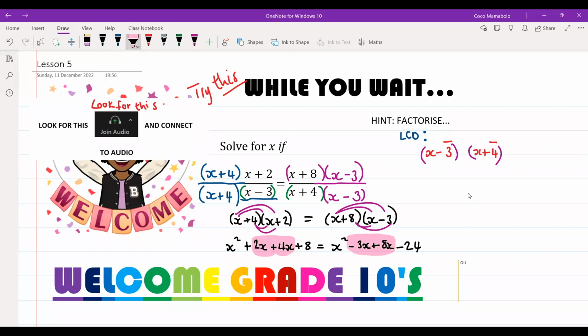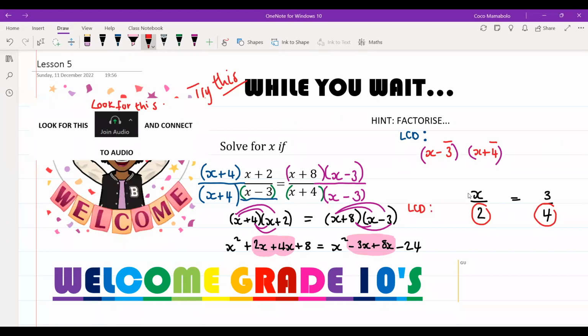All right, I'm going to use simple fractions, right? Ma'am, if I had x over 2 is equal to 3 over 4, what is my LCD over here? Isn't it going to be x plus 4 into x minus 3? Oh, sorry, ma'am. I thought we were talking about this. LCD is of course going to be 4.